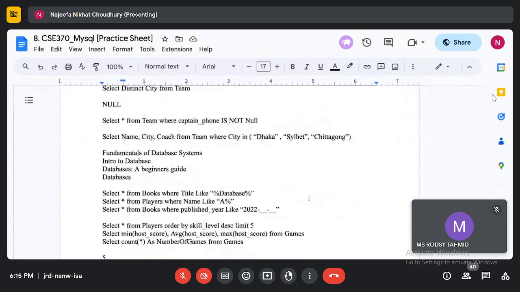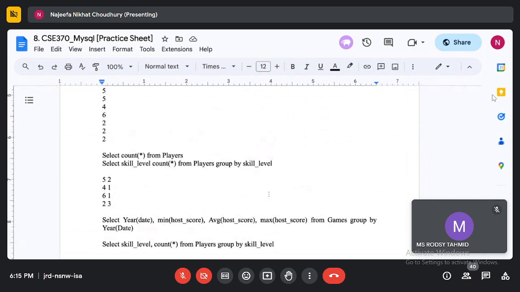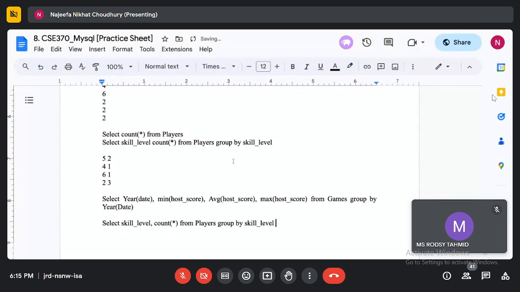So for instance, if I come here and if I just copy this one, and if I say select the skill level and count from players group by skill level, but I want to see only those skill levels where, let's say, 2 or more players have that skill level.